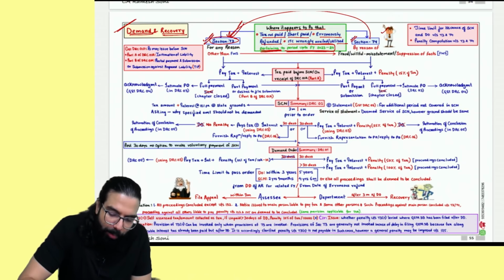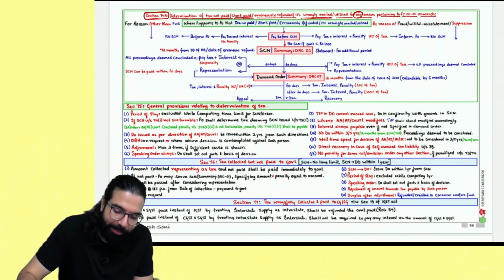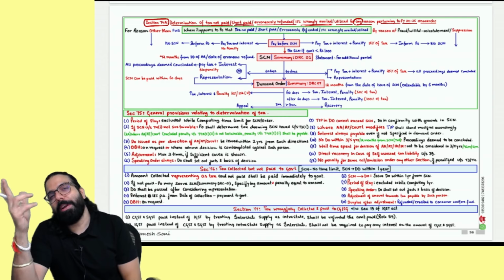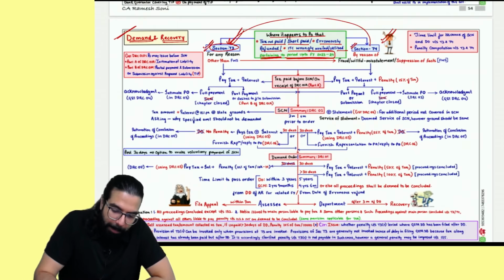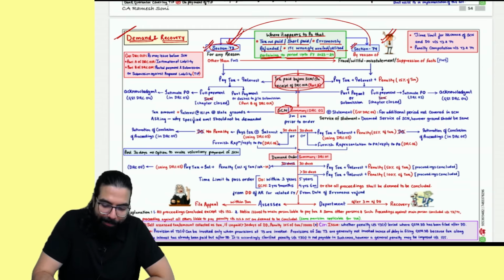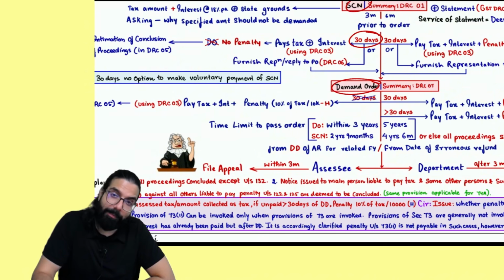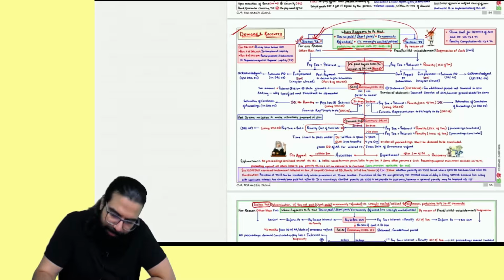So, sir, what is applicable from 2024? Till 2024, you have to do like this only. Yes, sir, we remember. Now they have gone ahead and introduced section number 74A. Sir, can you tell about section number 73 and 74? If you already remember, for non-fraud cases, prior to show cause notice, I can make the payment, no penalty payable. After show cause notice, if I make the payment within 30 days, no penalty payable. Under 73, sir, then if the demand order came and I make the payment, the penalty payable was 10% or 10,000, whichever is higher.